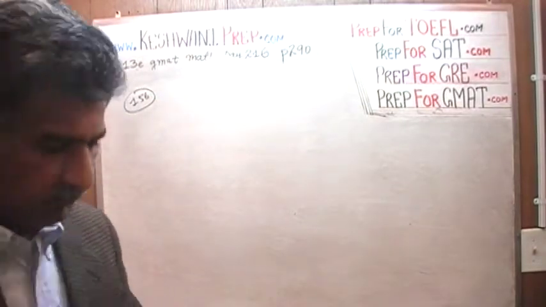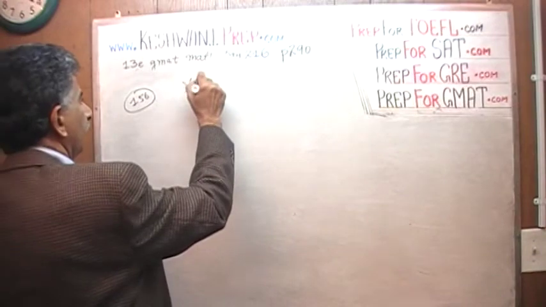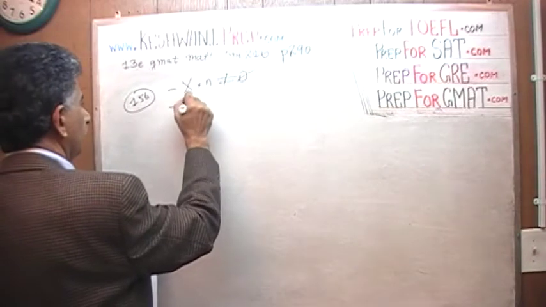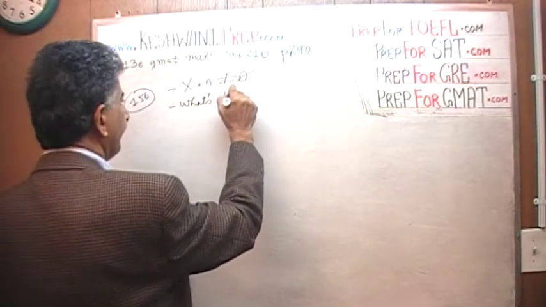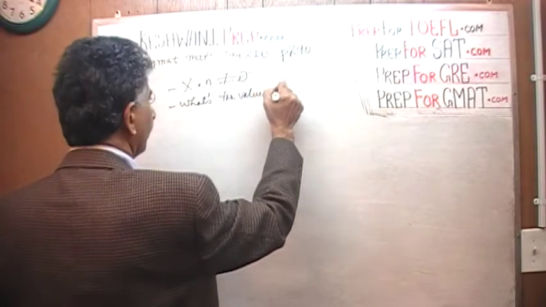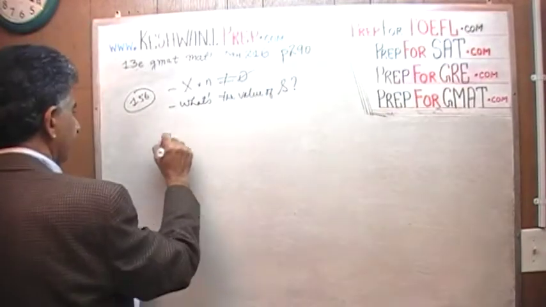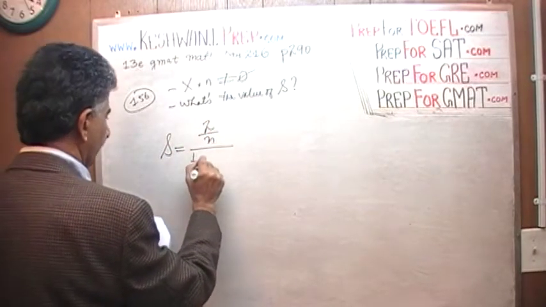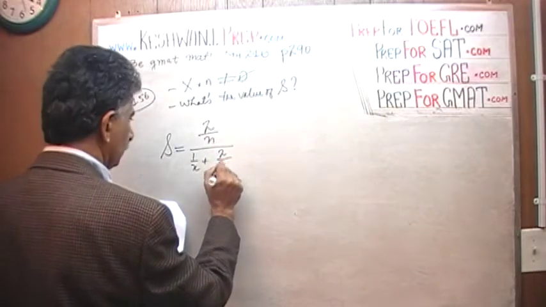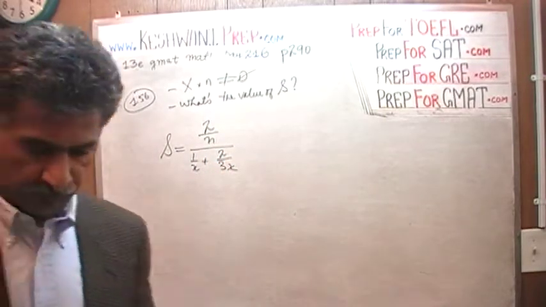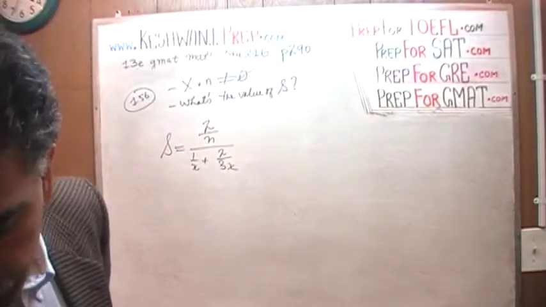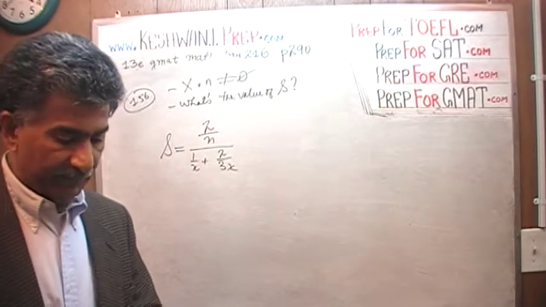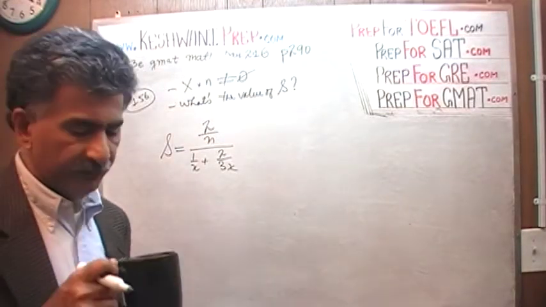In 156, they tell you that x times n does not equal 0. The question is, what's the value of s? And they tell us that s equals 2 over n over 1 over x plus 2 over 3x. Now let's listen. Before we even glance at the statements, when they give you something cumbersome, tedious, and annoying as this,